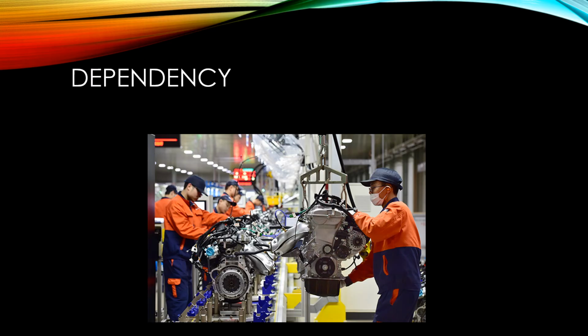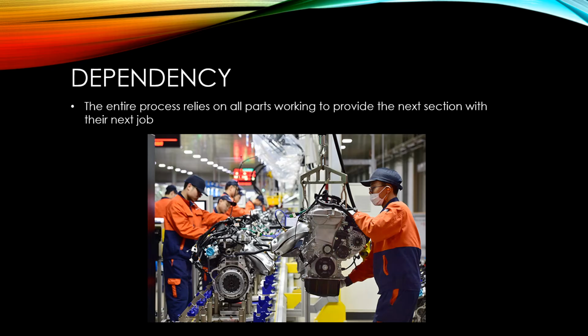In the video on the benefits of specialisation to producers, we talked about how production lines such as this one can have benefits to the producers, such as being able to use bespoke machinery and having the workers repeat the same task over and over again, making the process very efficient. However, production lines can also come with their own problems. The main problem is dependency. Each part of the factory is dependent on receiving inputs from the previous part of the factory. So if the machines in one section go down, instead of just one section not being able to produce, the entire factory would grind to a halt.